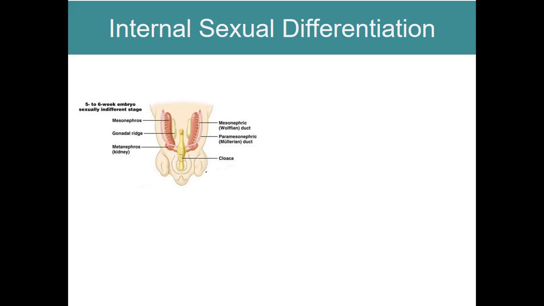There's one on either side. There's the Wolffian duct. You see that on either side. And then you see the gonadal ridge. You might have heard of gonads before. That's just a generic term for sex organs, right? Usually we use it to refer to testicles, but it would also refer to ovaries. So we start out with these, everybody has all this. Okay. Now, if you have an XY genetic pattern,